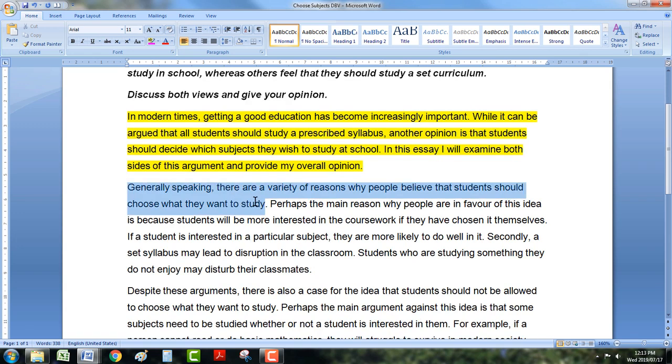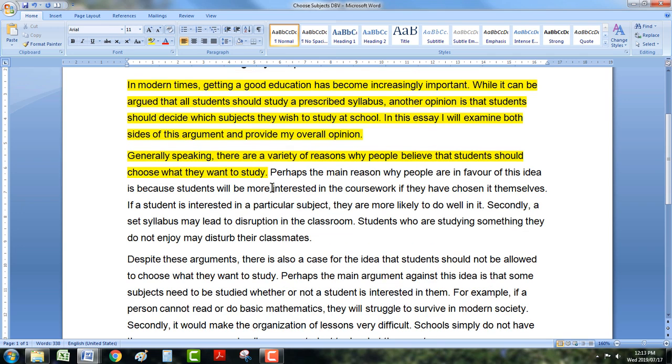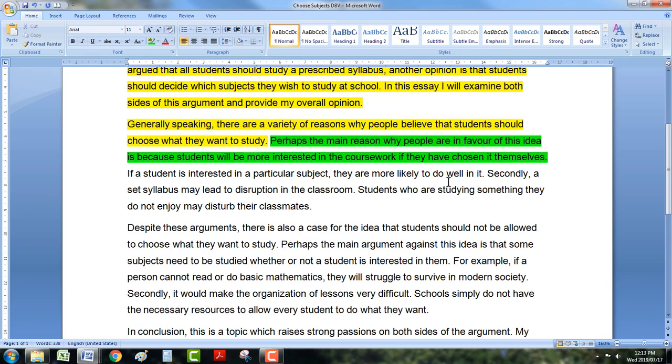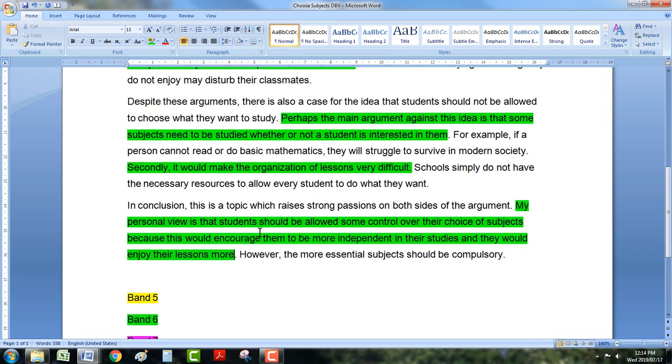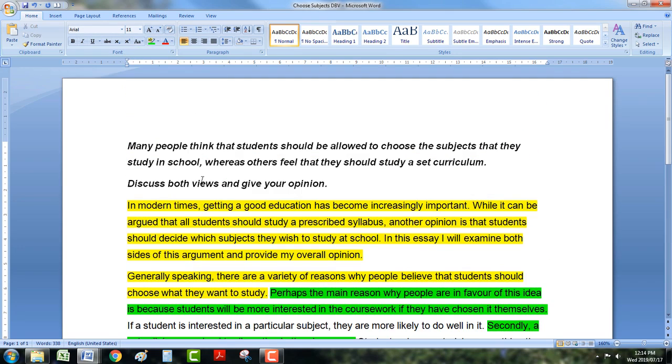In addition, this one is good for CC, but TR and CC are connected a lot of the time. It's also band 5 stuff. The examiner isn't looking here to see if you should get band 6. The examiner is looking here, this sentence over here, your idea sentence. That now is a band 6 sentence. All of the idea sentences are band 6 sentences, as well as the final sentence where you actually answer the question and give your opinion.